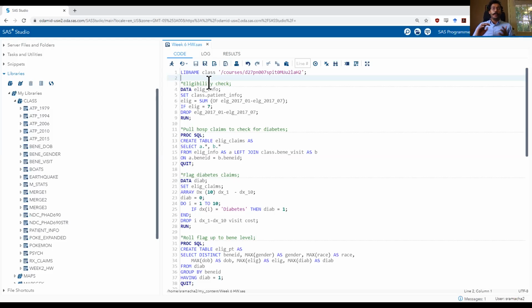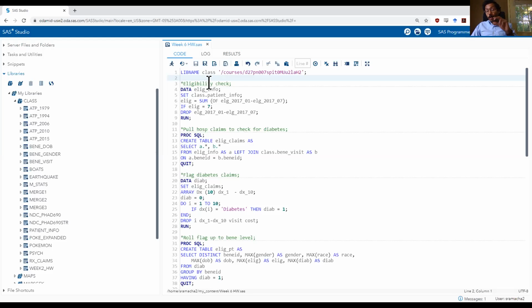So if you remember, the homework basically said you have to identify differences in healthcare costs between males and females, and it has some eligibility criteria towards those research questions. The eligibility criteria was that individuals had to be eligible for the 7 months for which data were provided in the patient_info file. The other eligibility criteria was that individuals had to have diabetes. And having diabetes is identified through the hospital claims file, the Benny_visit file. If they have the word diabetes in a diagnosis field at least one time across all of their hospital visits, that means they have diabetes. So those are the two eligibility criteria.